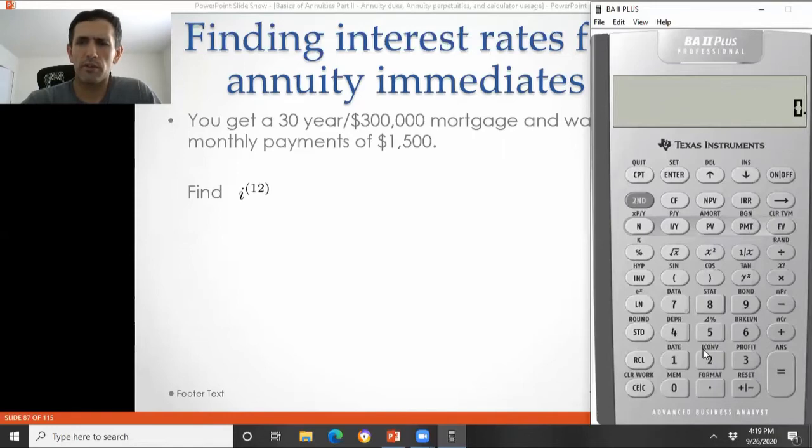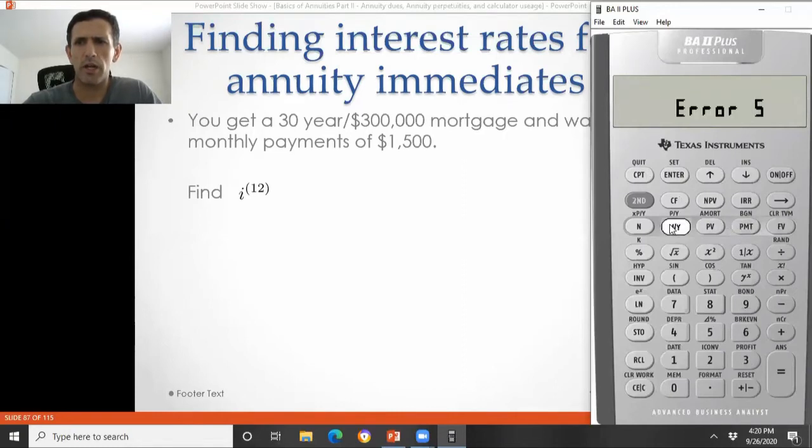So this is annuity immediate. So 30 times 12, 360N. 300,000 present value, that's the loan value. 1,500 payment,